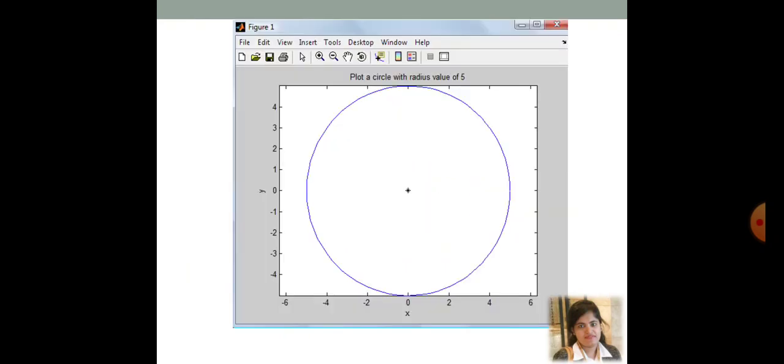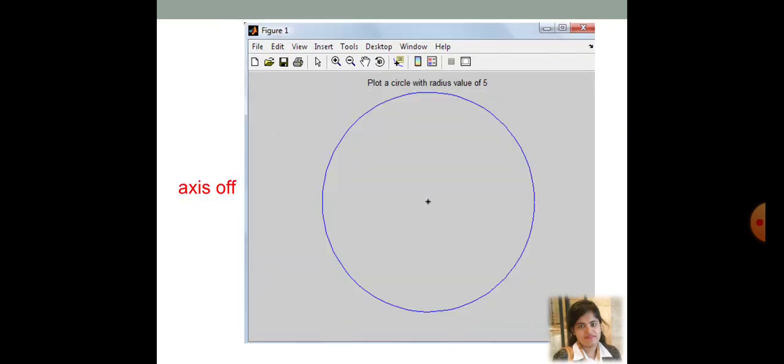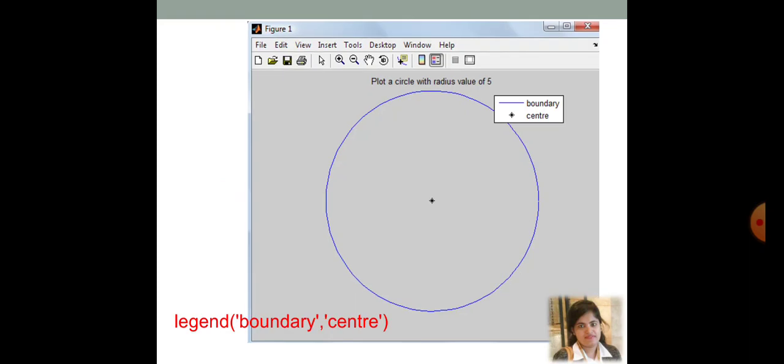Now, this is the figure. Here you can see the axis values have been written. Now if you need to remove the axis from one figure, then the function is axis off. You are just removing whatever values have been given in the different axes. This is the axis off. Okay. Now just check the legend function.